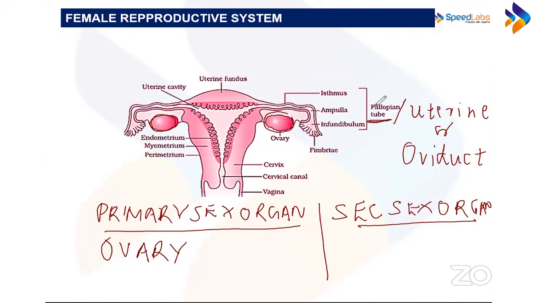Fallopian tube. ठीक है. So secondary sex structures में, secondary sex organs में, female reproductive system में you have the fallopian tube which is first. All right. ठीक है. Fallopian tube के ये important parts हैं infundibulum, ampulla, isthmus. ठीक है. So I'm going to tell you about these parts in detail. As of now, you just do fallopian tube और उसके alternative names uterine और oviduct. So I am writing fallopian tube. FT is fallopian tube. ठीक है. Second accessory structure, secondary accessory structure is your uterus.